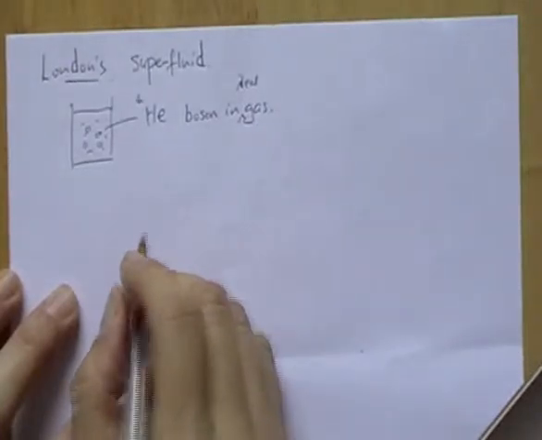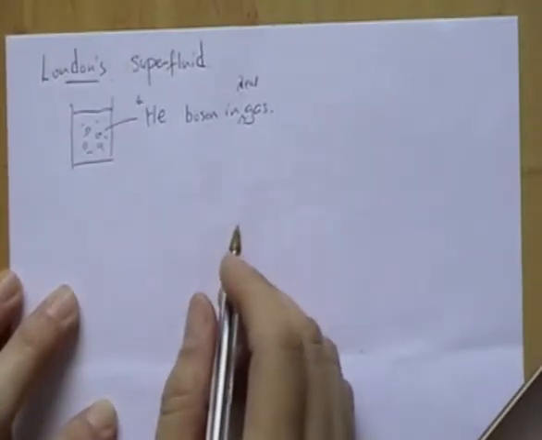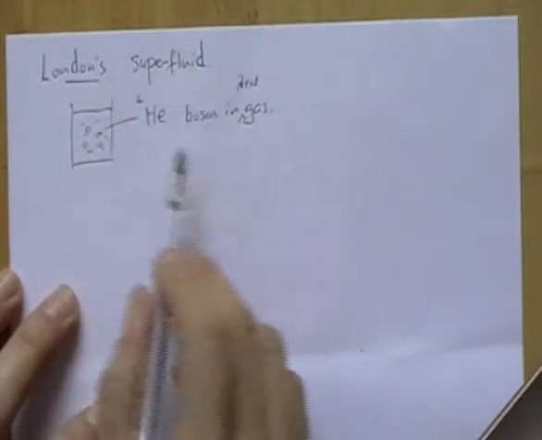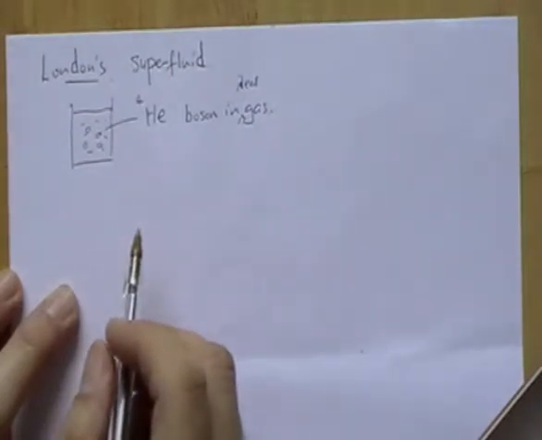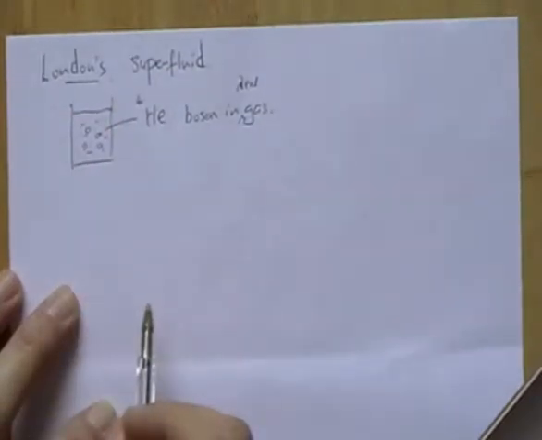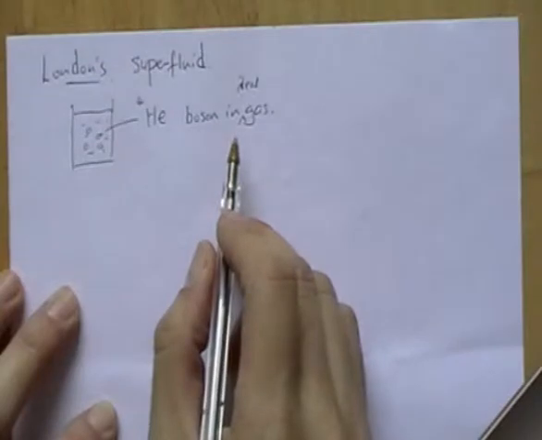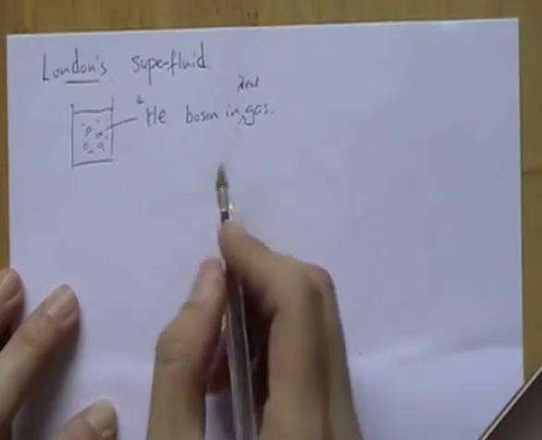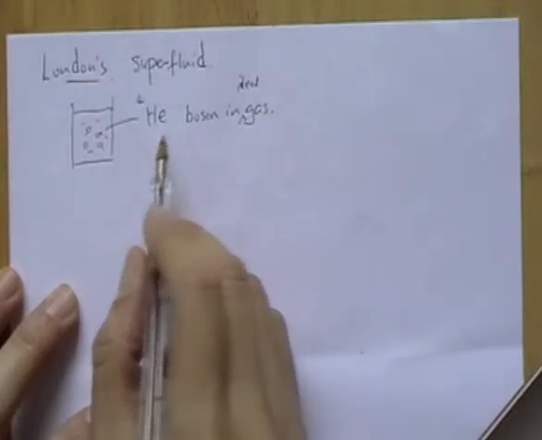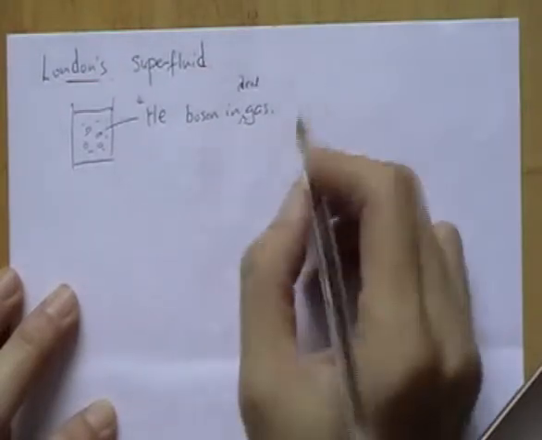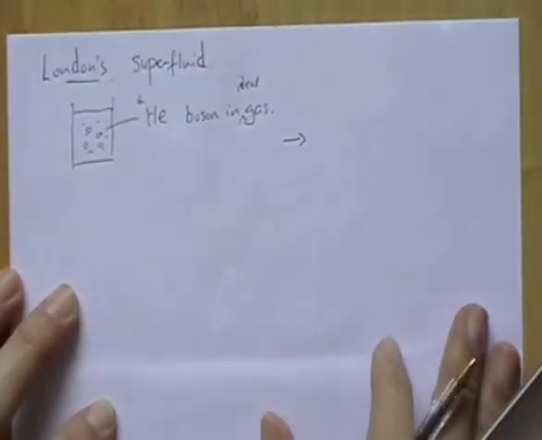Now, a main reason why London justified this assumption is the result of the heat capacity that he obtained making this assumption. Well, with the assumption that the helium liquid is like bosons in an ideal gas, he obtained the result